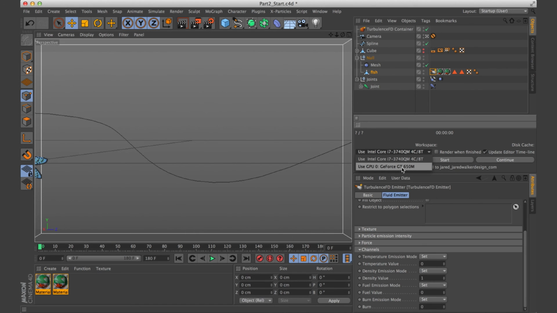And if you have a good graphics card, you should definitely use your GPU. I don't, and so usually I'll just stick to my CPU. It takes a little longer to simulate, but my graphics card isn't that great, and so if I use the GPU and then don't have enough memory, it'll crash a lot of times. And so usually I just stick to the CPU. But again, if you use the GPU, it'll go a lot faster. And we'll start the simulation.